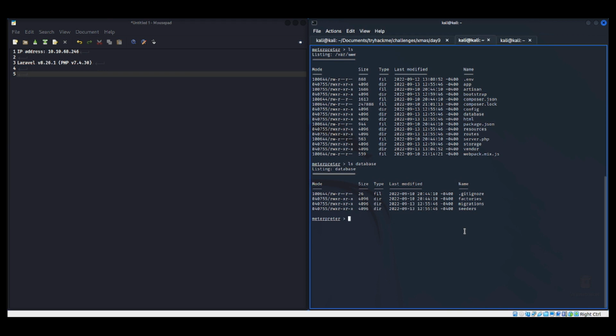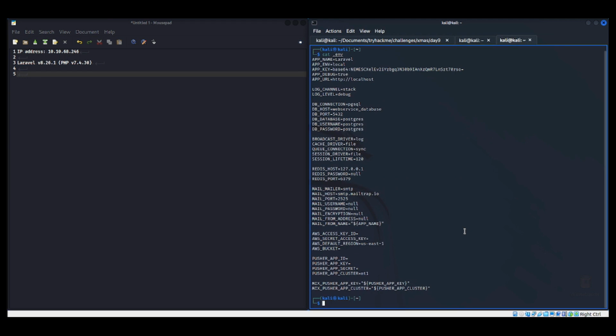So how do we log into the database from here? So the username is Postgres, database is Postgres, password is Postgres, port 5432, and host